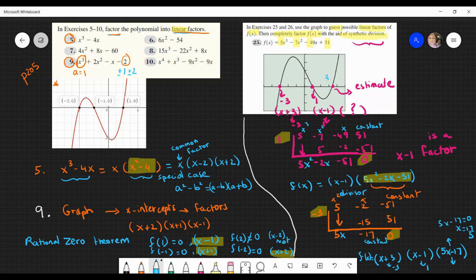If we would have estimated to like 3.2, for example, but we said we don't want to estimate and we want to give the exact value, and this is what we were able to do by using synthetic division twice, and we got 17 over 5. And if you do on the calculator the approximation of 17 over 5, it's 3.4, but we don't even need to do